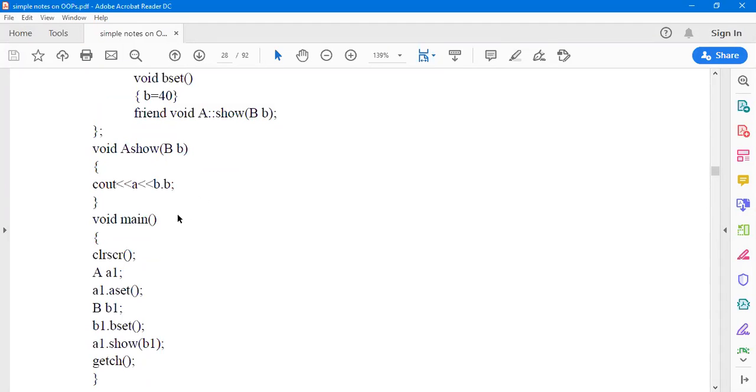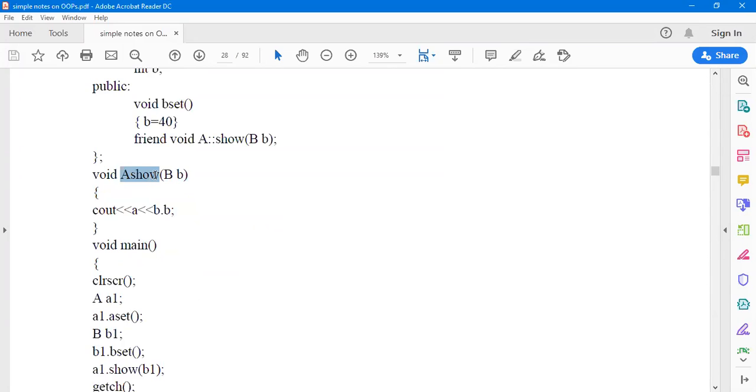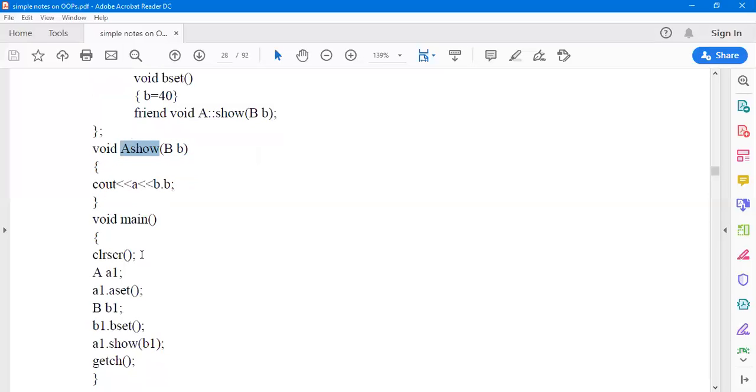But this will give a learning experience since we saw that there is no A show being defined and there is no use also. And since there is no function which is declared public, friend function, it cannot be used without scope resolution operator as well. Because if this would have been used without scope resolution operator, then this function would have been the friend function of both the classes as earlier. So just note this kindly. Sorry for the inconvenience. Just note this change, probably a learning experience.